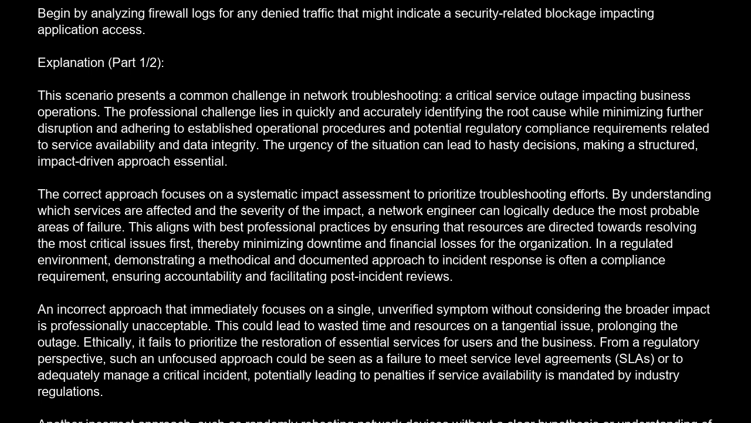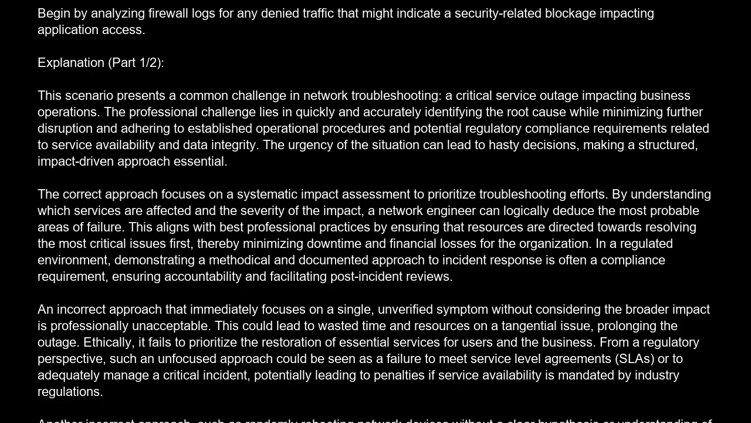By understanding which services are affected and the severity of the impact, a network engineer can logically deduce the most probable areas of failure. This aligns with best professional practices by ensuring that resources are directed towards resolving the most critical issues first, thereby minimizing downtime and financial losses for the organization. In a regulated environment, demonstrating a methodical and documented approach to incident response is often a compliance requirement, ensuring accountability